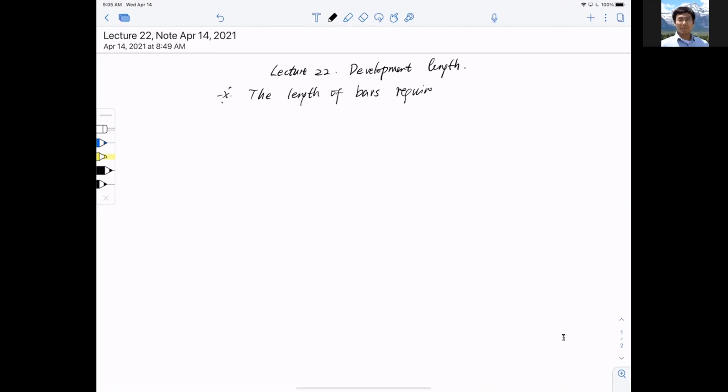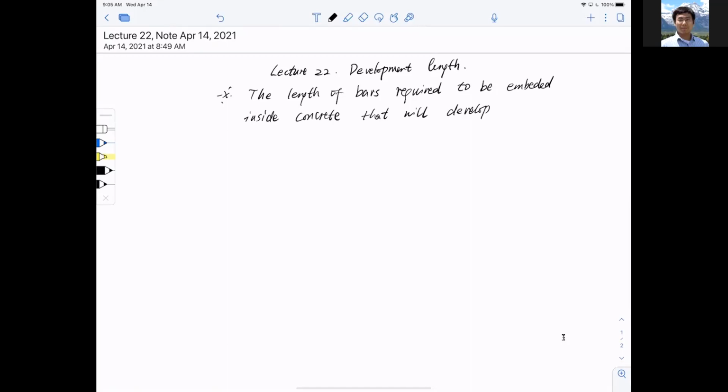It is not a recommendation. It is mandated. Required to be embedded inside concrete. This is the length required to be embedded inside the concrete that will